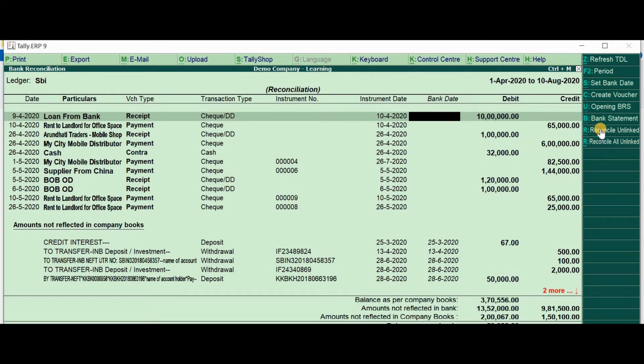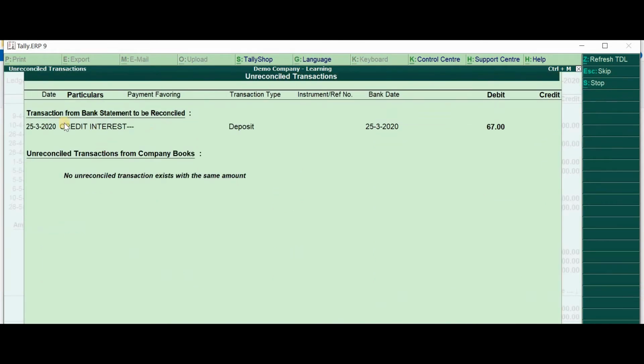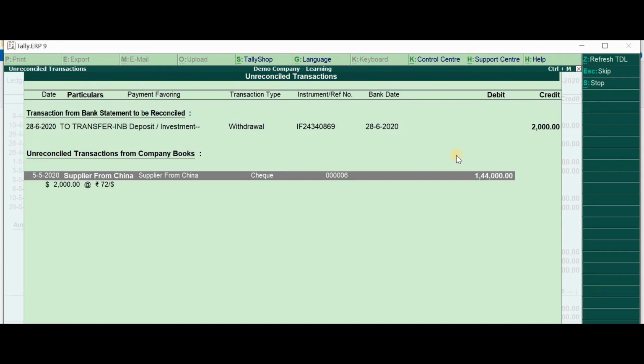Now let me show you reconciled here. It basically shows that the entry has been made in the bank statement, but there is no similar entry in Tally. Okay, so I should press escape or skip it. Most of these entries are new, so I will keep skipping. Unreconciled transactions from book, because the amount of 2000 matched.